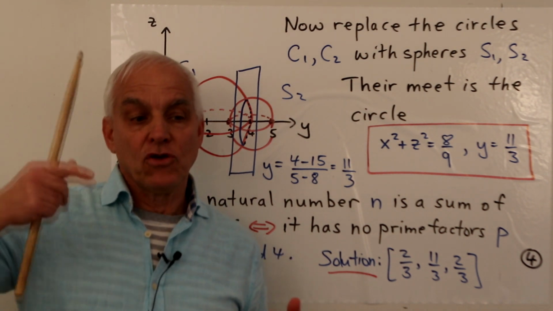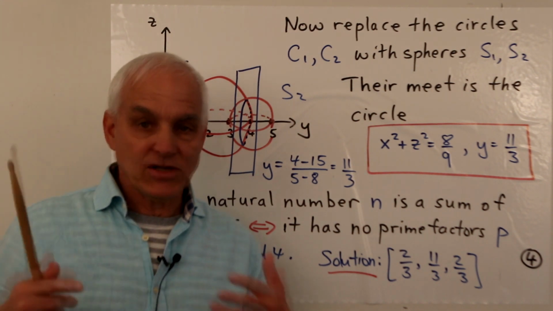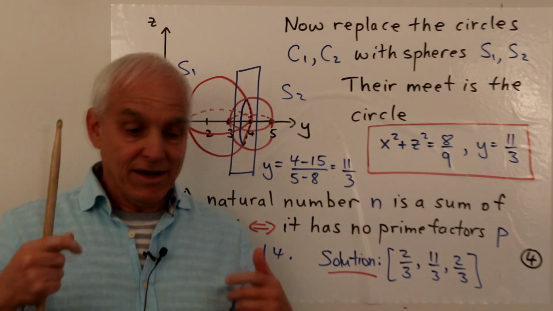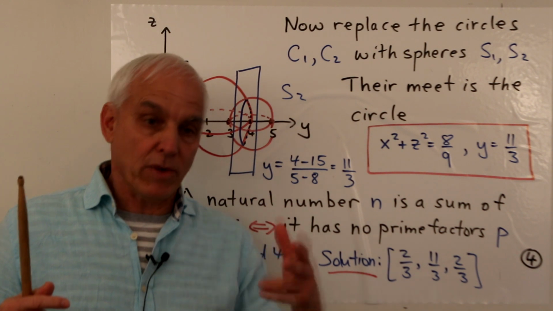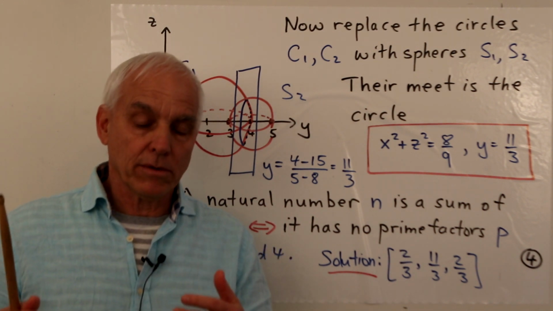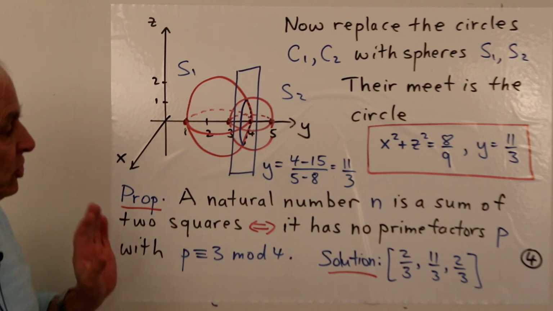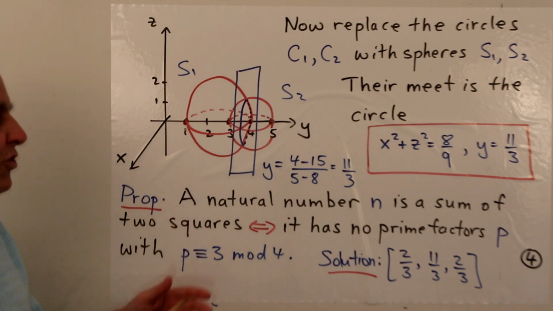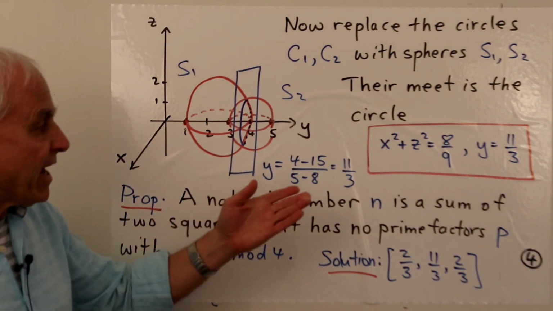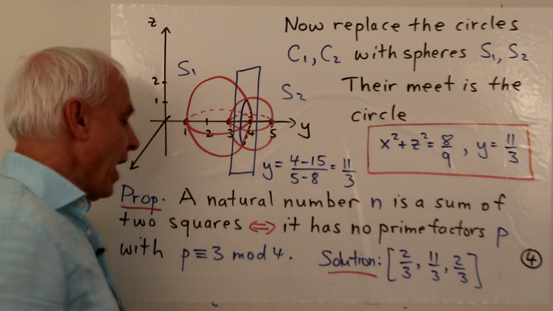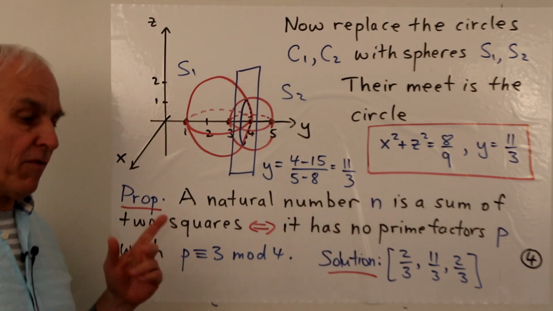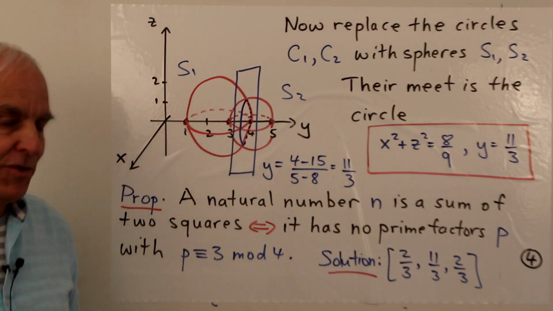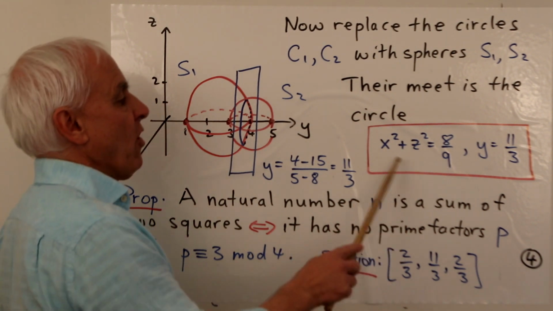11, that's congruent to 3, so it's not the sum of two squares, while 13 is congruent to 1, and so it is a sum of two squares, namely 3 squared, which is 9, plus 2 squared, which is 4. Okay, so that's the general kind of thing. And it turns out that you can extend this in a reasonably easy way to rational numbers, and in this case, 8/9, well, the prime involved there is 2, and that is not excluded by this condition. So it turns out that we can, in fact, solve this equation.